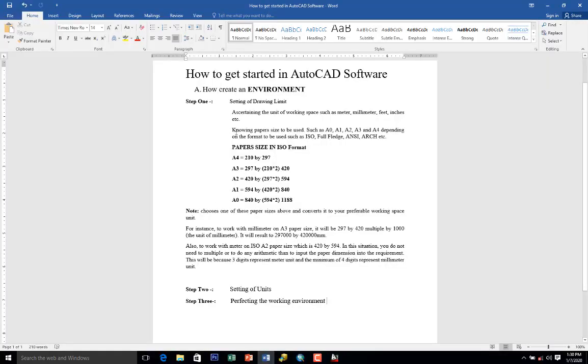Knowing the paper sets to be used, such as A0, A1, A2, A3, and A4, depends on the format to be used, such as ISO, full-fledged, high-end SI, and ARCH. Some of you may be used to these columns, which are just types of paper format. Moreover, if you are using A4 paper, like now the paper says ISO format, and A4 is equal to